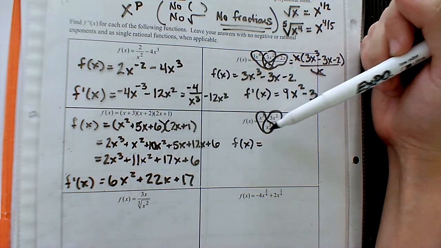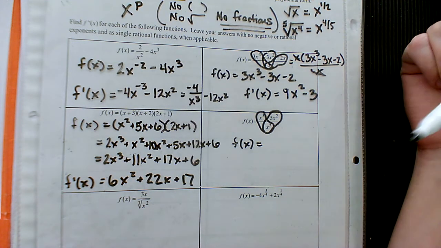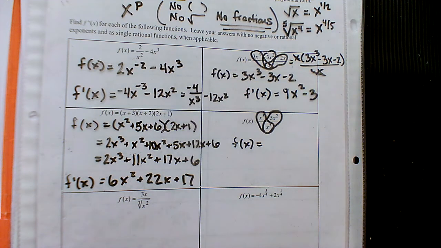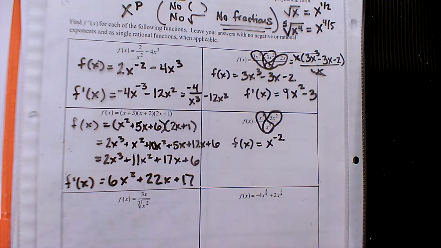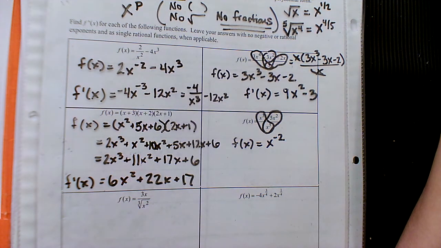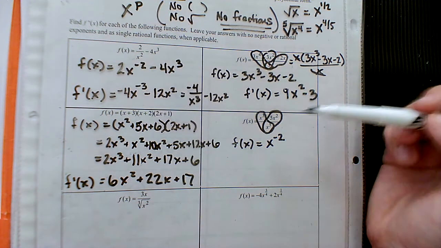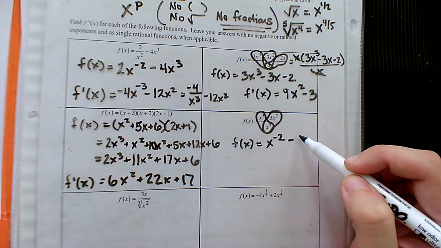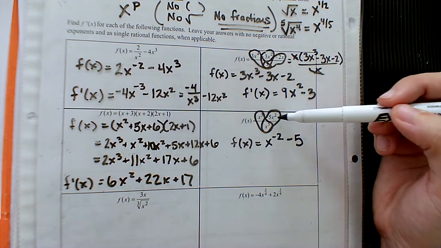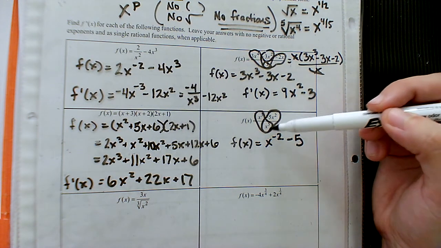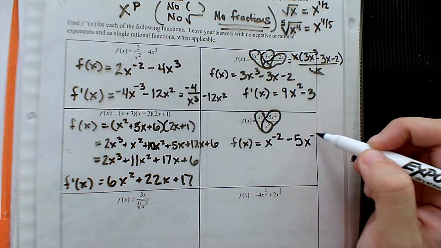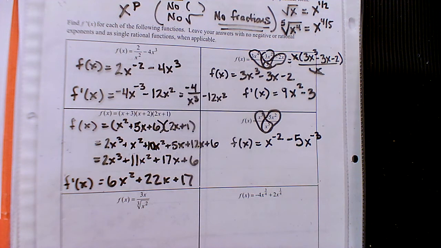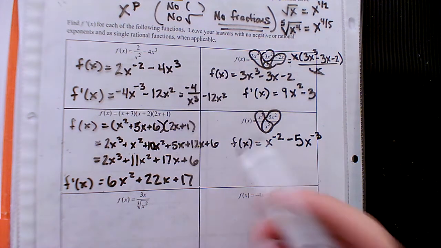So x cubed divided by x to the 5th, we'd have x squared, but that's left on the bottom of a fraction, so we want to bring it up to make it x to a power. Kind of similar for the next one. We'd have minus 5, but then x squared over x to the 5th would be an x to the 3rd on the bottom. We want to bring it up and make it x to a power. Okay, no fractions, no roots, no parentheses. So if this is how we can rewrite the original,